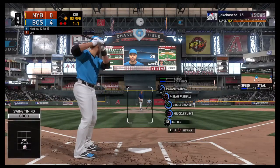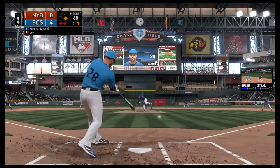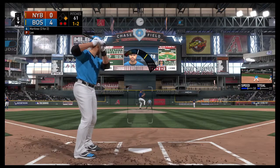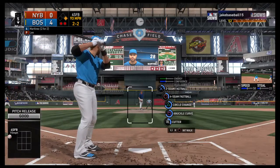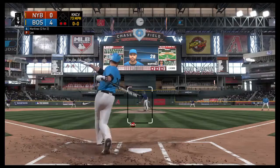Swung on and missed. 1-1. Yeah, this guy's having a good day right there. You can tell he is all over. His timing is spot on. This pitching staff is going to have to find a way to attack him a little differently. And he'll try to take control of the inside part of the plate here as that misses. He went deep earlier, so that...